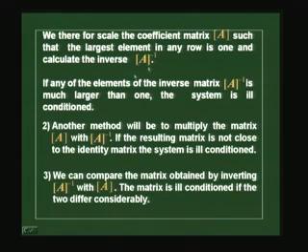Now, even after doing this, if any of the elements of the inverse matrix is still much larger than 1, then there is not much we can do about this, and we call that system ill conditioned. That's the definition of what's called a condition. So if the A inverse is still very large after we do all the scaling, such that the largest element in any row is 1, even then we get an A inverse with a large value,